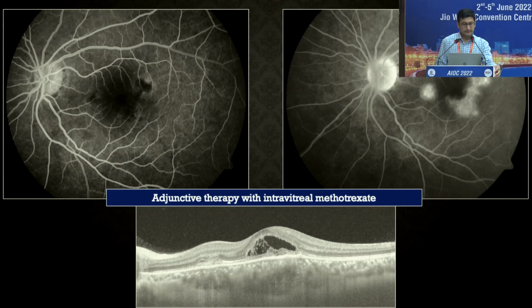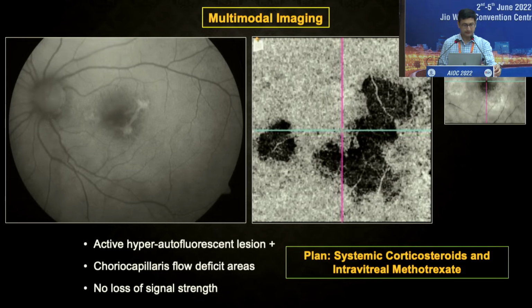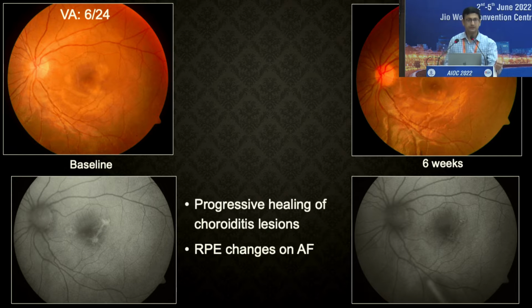So you can see this patient, of course, she received oral corticosteroids, and because the lesions were macular and we were reasonably very sure that this is not infection, this is definitely not syphilis like the ones shown to us, or toxoplasmosis, so we treated with a concomitant intravitreal methotrexate. And you can see here that the OCT angiography shows you the characteristic hyporeflectivity, the autofluorescence shows you hyperautofluorescence in the center. And so along with intravitreal methotrexate, this patient did very well.